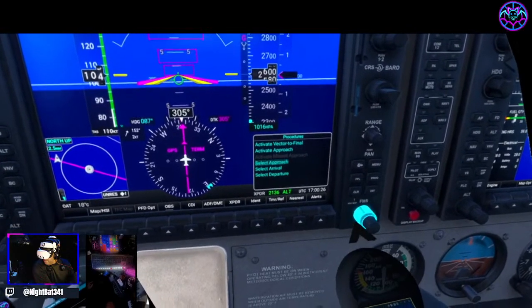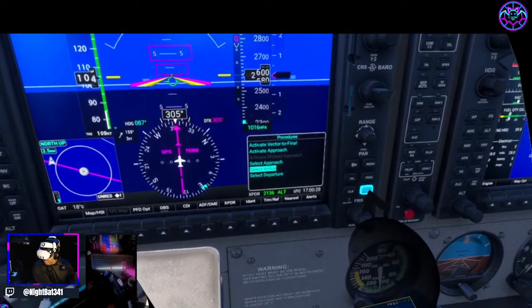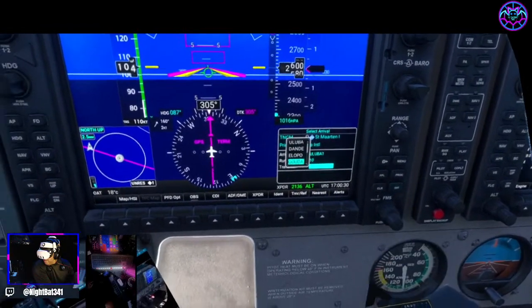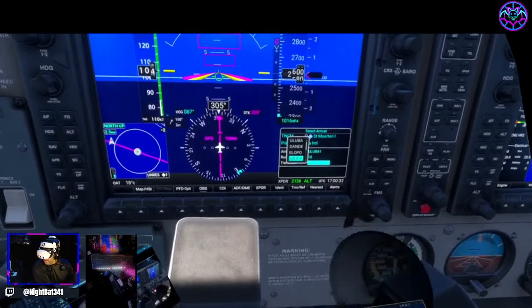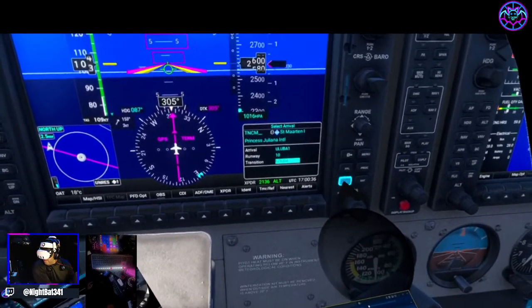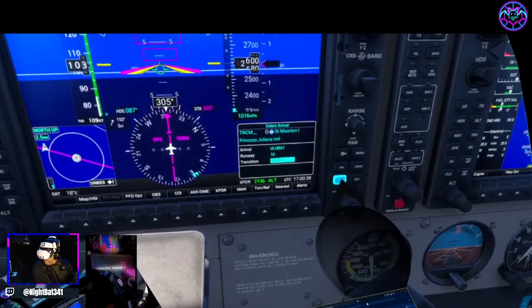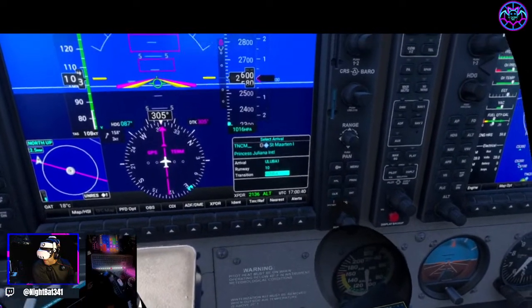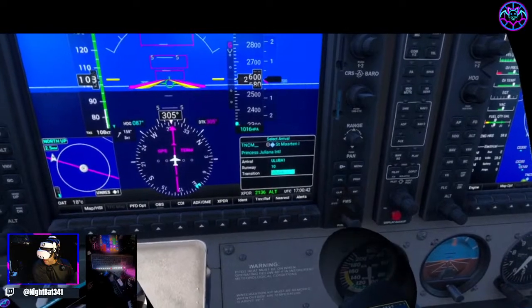I don't know the difference between the arrival. I always mess that up. Enter. Yeah, I don't want to do the arrival. Clear. Clear, because we're already past that. So I want to go back to